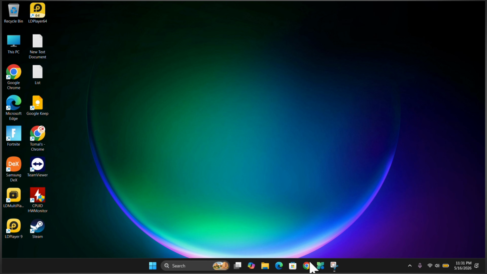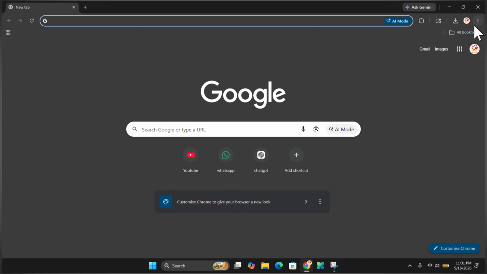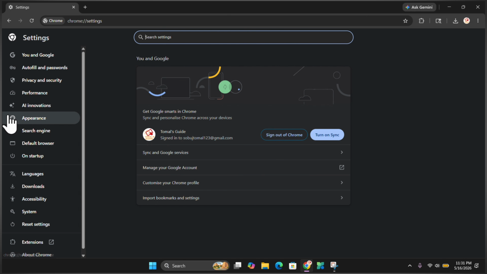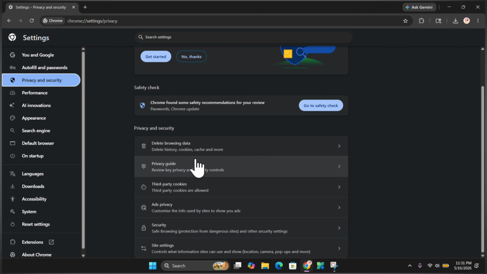open Google Chrome browser, then click on the three dots on the right corner, scroll down, then click on Settings, then click on Privacy and security, then click on Delete browsing data, click on it,